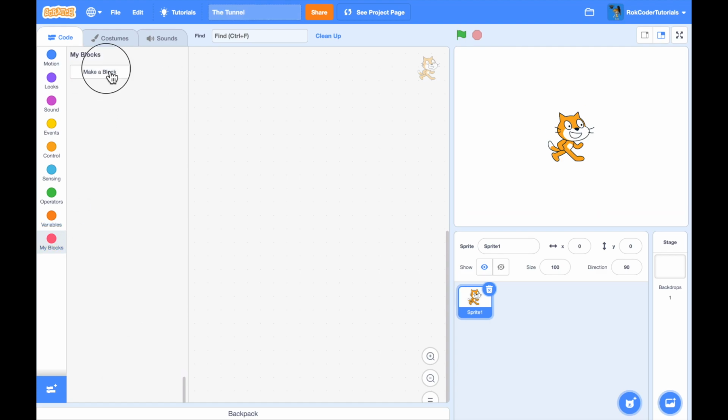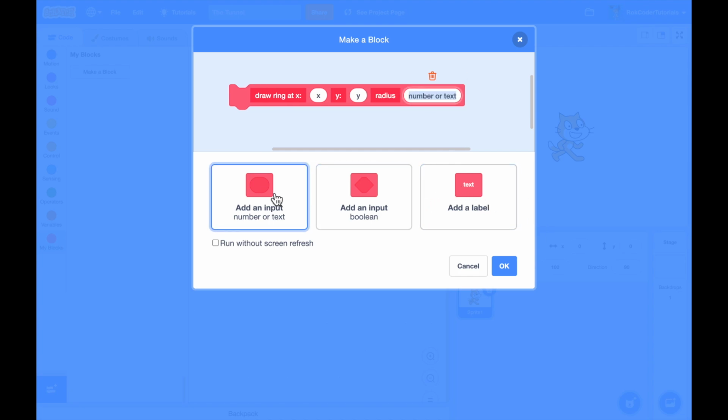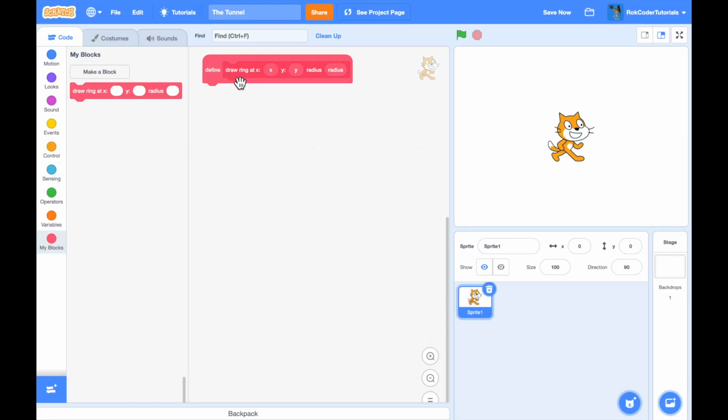So let's make a block called draw ring at x. And we'll add an input for the x-coordinate or the center, and then we'll add a label, y colon, and we'll add an input for the y-coordinate and radius. And we'll add an input for the radius. So this custom block is going to draw the outline of a circle with the center at x, y, and